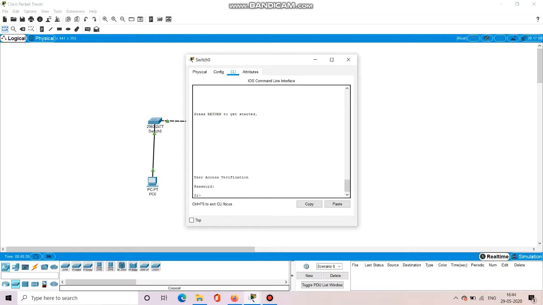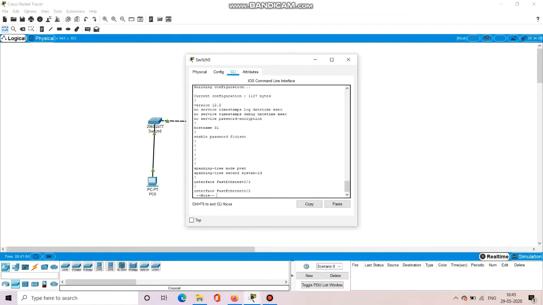Again, go for the configuration terminal, config t, and for that write the enable password and give a password. Any password whatever you want to give to that particular privilege mode access. Then perform the exit.